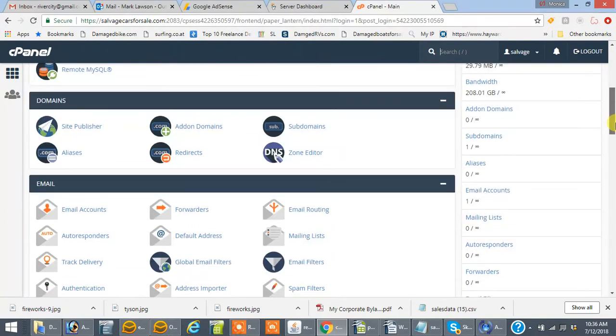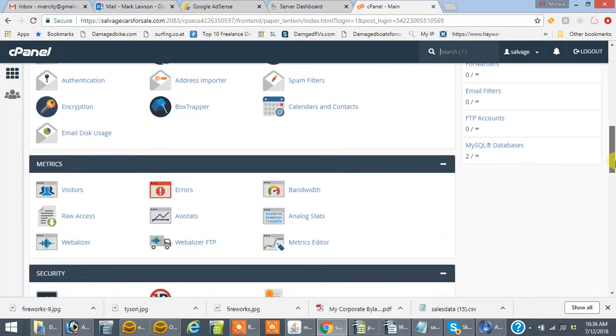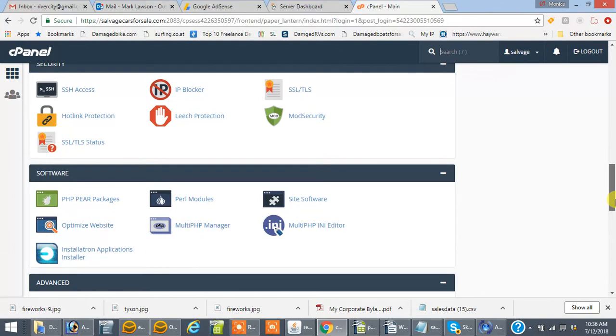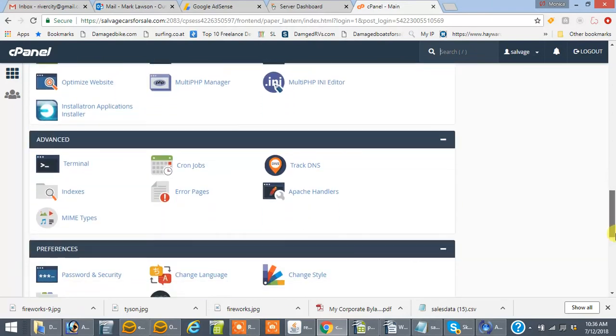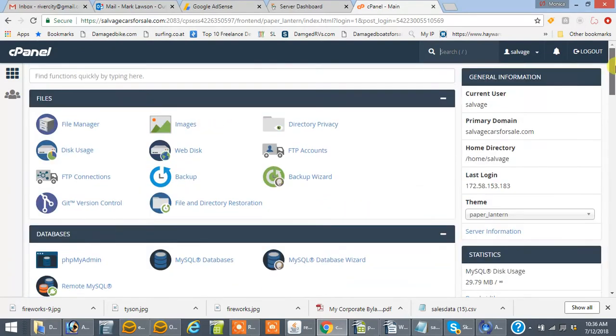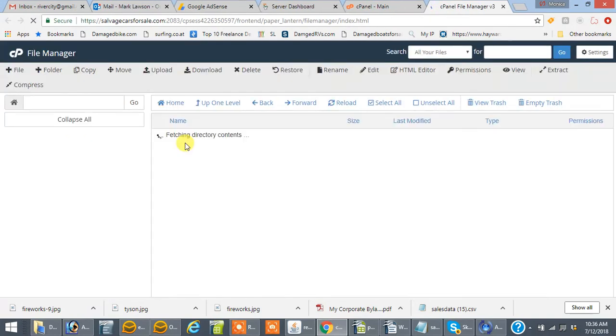You can go to installation, application installers, and actually just install WordPress, and it'll do it automatically for you. But all that does is just install a basic copy of it, and you have to make a lot of changes. So one of the easiest things I found to do, go to File Manager,